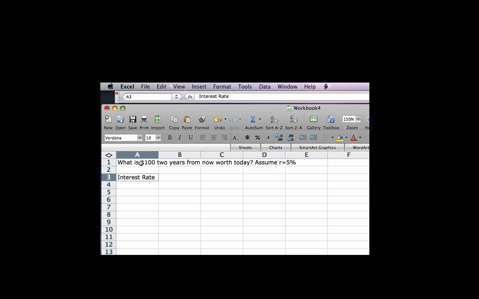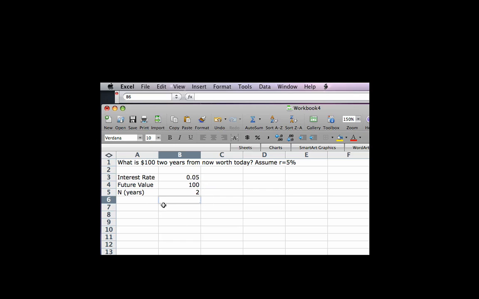I'll put the labels into the A column, so in A3, I've got the label, and then in B, I'm going to put in the actual number value. I know what my future value is. Future value is, of course, 100. And I know what my N is, or the number of years that have gone by. So that's 2 years have gone by. Right? And now I've got all the information that I'm going to need in order to do a present value